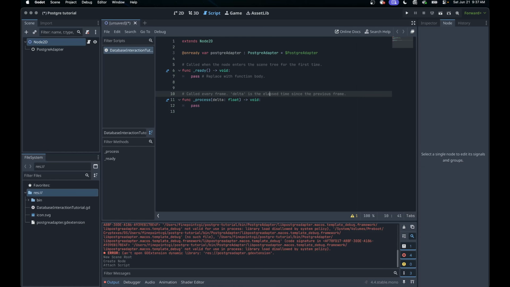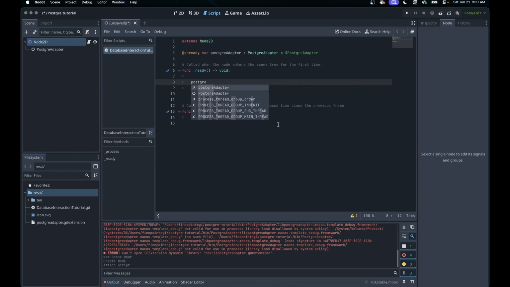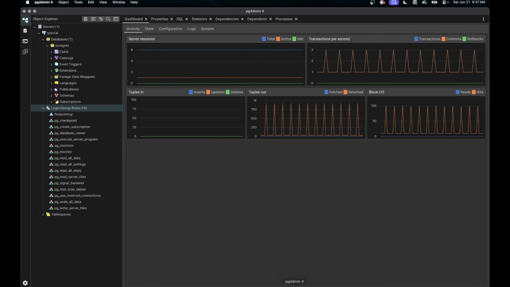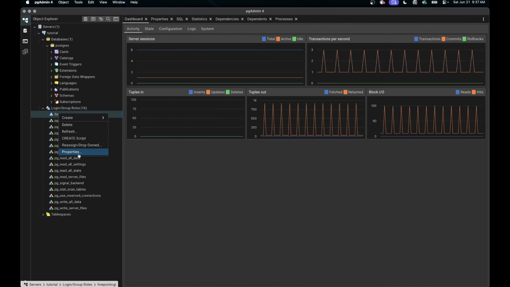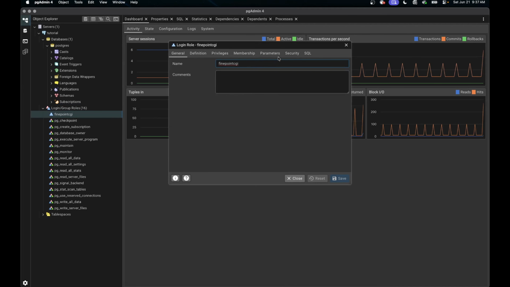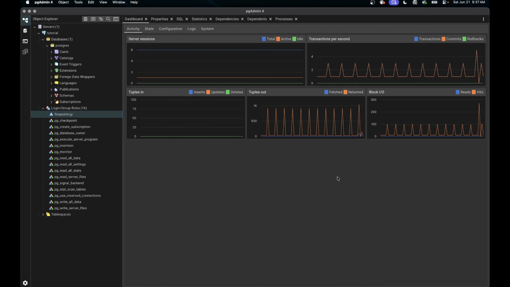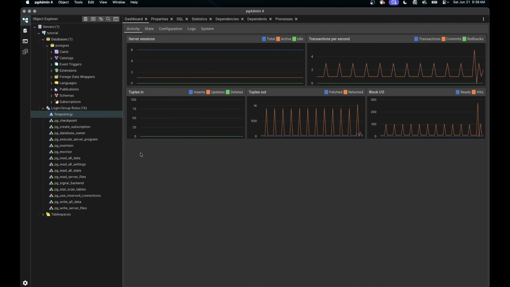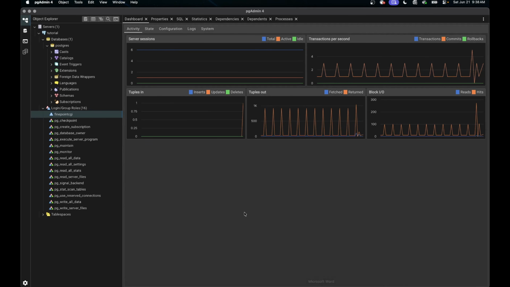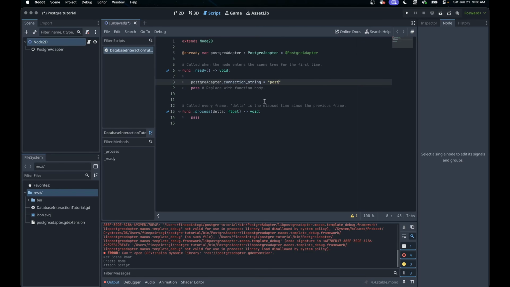Now, first things first, we could connect all of our signals if we want to, and I'm going to go ahead and do that real quick because there are a bunch of them. So we're going to go ahead and connect to our database. So we'll say PostgreAdapter dot connection string is equal to quote, and you can come up with whatever kind of connection string you want. In my case, I have my PG admin. You can see I have find.cgi as here, and if we go to properties on this, you can take a look at my definition, and you'll see that we have a password. So we'll put a password on it, and in my case, I'm going to put password as my password. So password, and we'll click save. And that's just going to set this as having a password because we don't want to not have a password on our user account. So I'll add that in, and then we'll head back here and say PostgreSQL